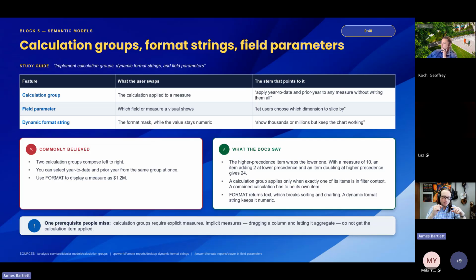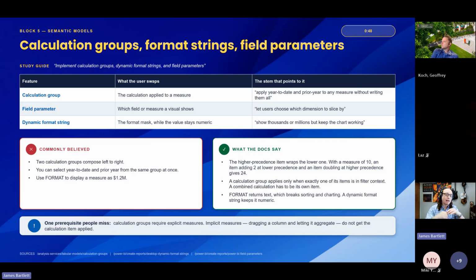You want to be able to see that same measure. You want to say, all right, well, I want to see year to date. I want to see year over year. I want to see compared to last month, so month over month, quarter over quarter. All those are basically variations of filter conditions that would be applied to that